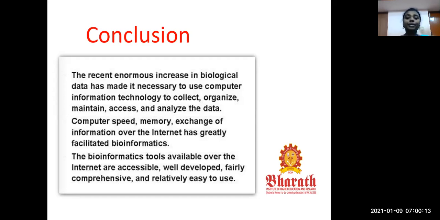And the main thing we need is the computer. We have to check the computer software and hardware also. It has to be properly fixed. So computer speed, memory, exchange of information over the internet, it has greatly facilitated bioinformatics. Then the bioinformatics tools available over the internet are accessible, well developed, fairly comprehensive, and relatively easy to use. So these softwares are easy to use for the biologist, and also